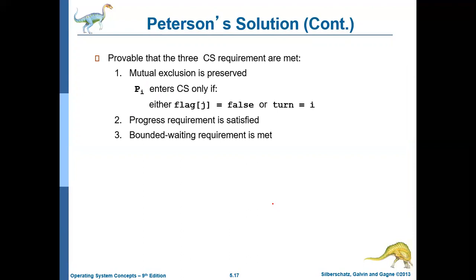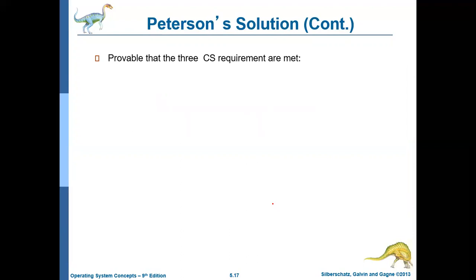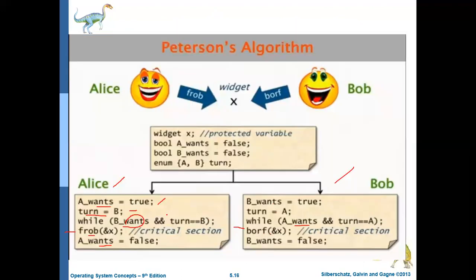Similarly, it also ensures bounded wait. Bounded wait means, if both Alice and Bob want to enter the critical section, then either one of them will get it. If Alice gets first, then once Alice comes out, even if Alice wants to go immediately again, that cannot happen because Bob is waiting. Once Alice comes out, the turn will be given to Bob, and then Alice, and then Bob. Even if both of them want to access continuously, it will follow this order: Alice, Bob, Alice, Bob.